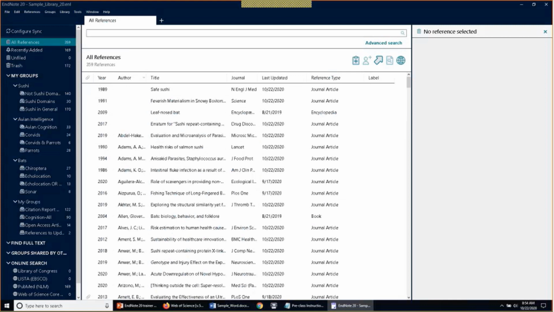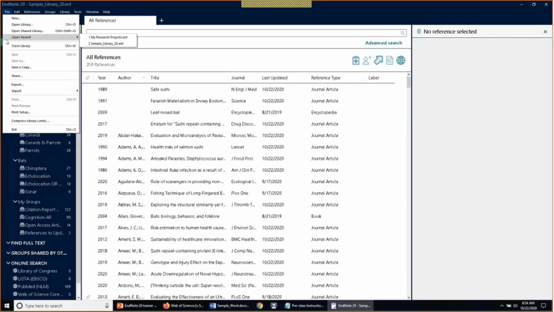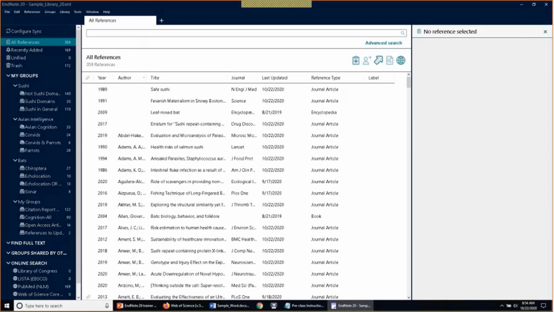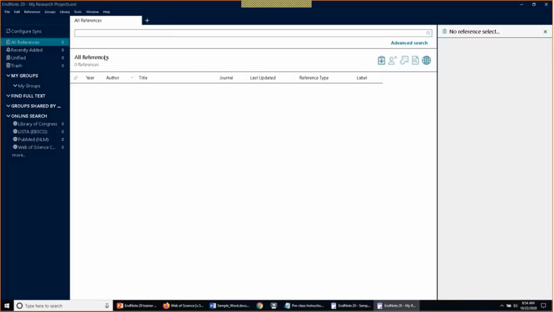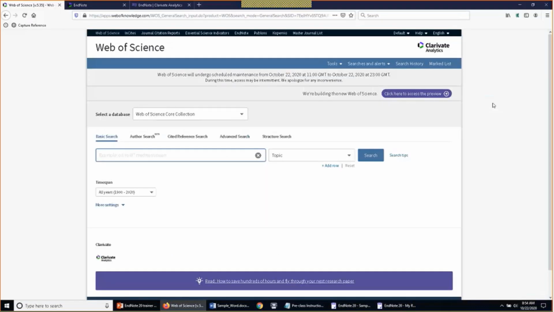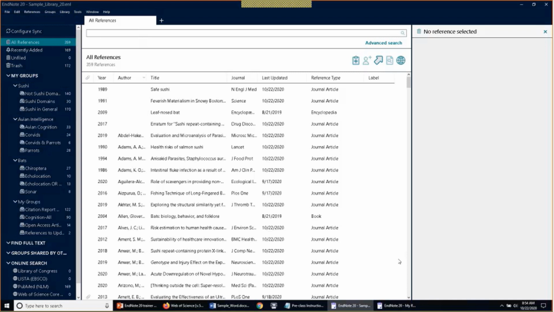So just to mimic that, I just want to show you, if I open up that blank library that we started with, I'm not actually going to do the direct export with the blank library open, but I just want to show you, if I had two libraries open and I had them both minimized, that would be problematic because EndNote wouldn't know which of the two I would want to send those references to. So again, if you do work with multiple libraries and you have multiple libraries open at once, make sure that your destination library is